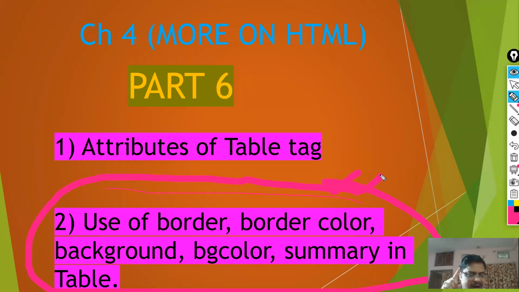Remarks are used only to give notes or a summary of your program while writing, or when anyone wants to view it. Only at that time can you use the remark, but it is never executed. The summary attribute is never executed, never entertained by the web browser. Now with the help of a program, I am going to do all these things so that you can understand.